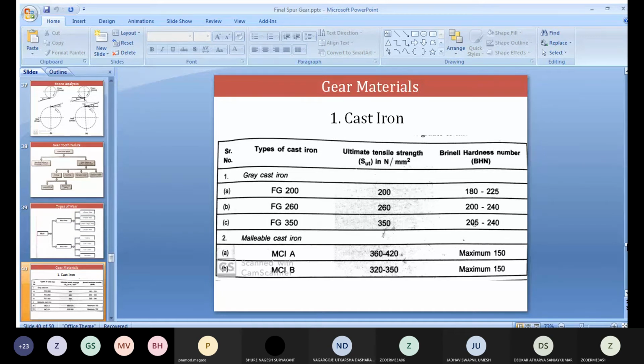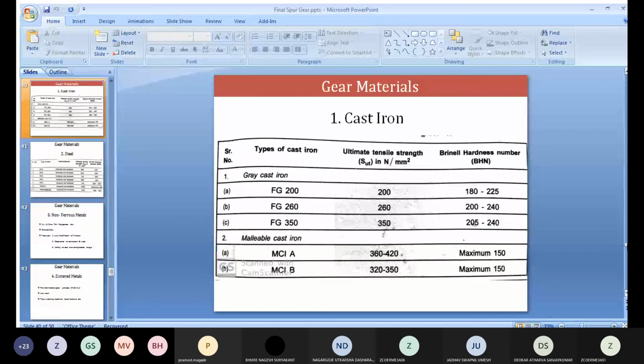So malleable cast iron with grade A and B. Yes, sir. Now next is nodular. I think I have deleted that side. Okay, examples understood. So below that,